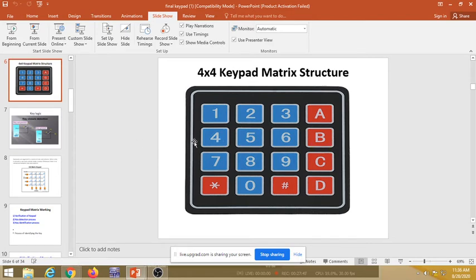If the number in carry is 1, that indicates the status is 1, meaning this column is not detected. When this 5 comes to the carry, the status of this column is 0, which indicates that the key from that particular column got pressed. In this fashion it identifies that the key from the second column got pressed.